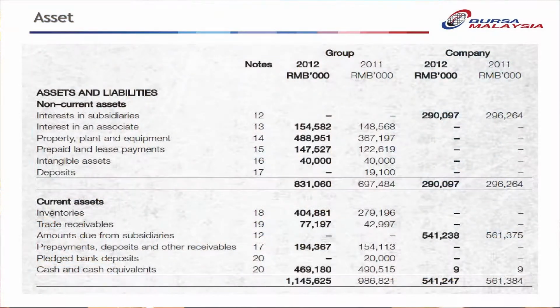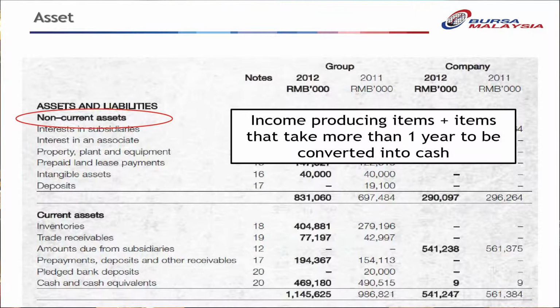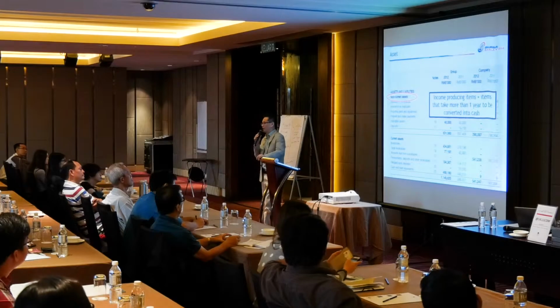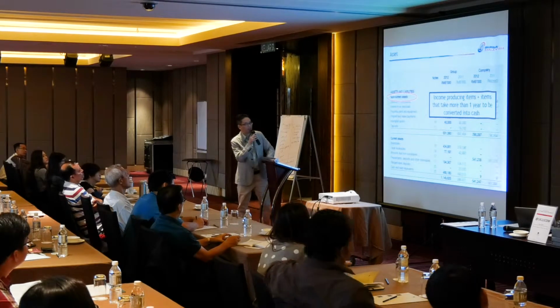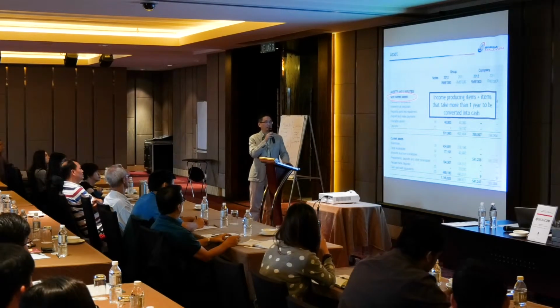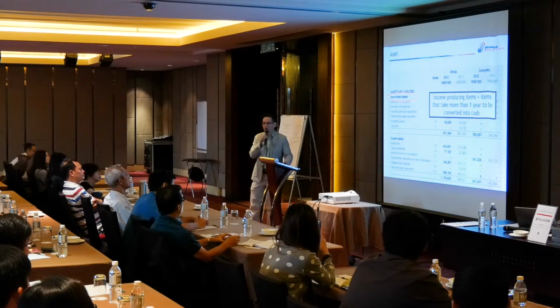Under the asset column, you would have current and non-current assets. Non-current means income producing items or items that will take more than 1 year to be converted to cash. The threshold line is always 1 year. Income producing items or other items that take more than 1 year to be converted to cash, that's called non-current